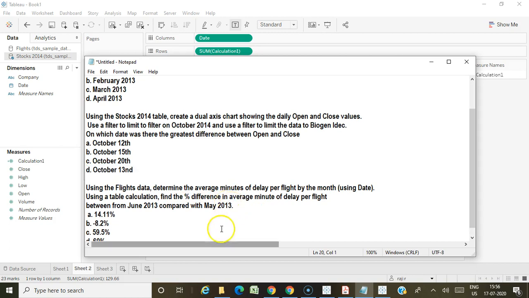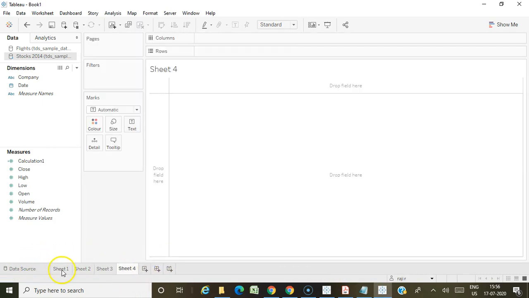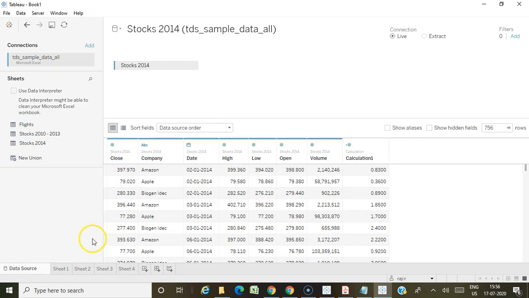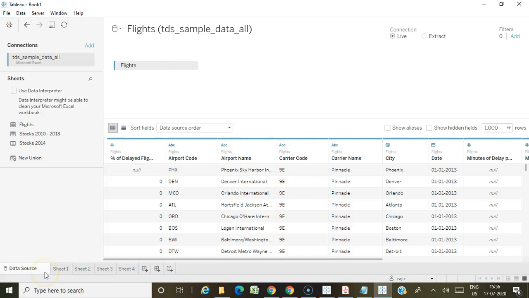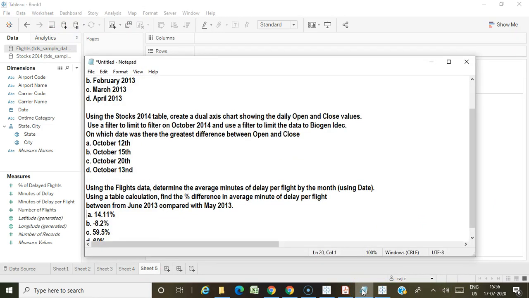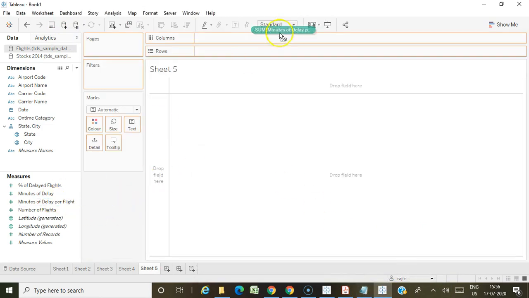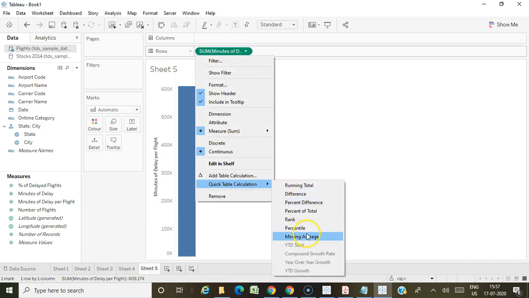Okay, again we are going to use the flight data. So I need to take average minutes delay per flight and put it on average.